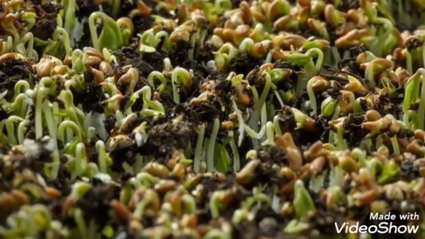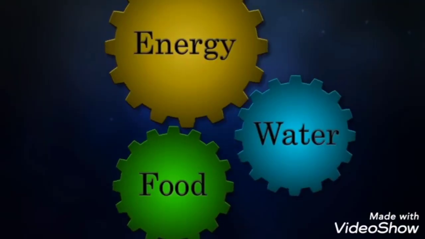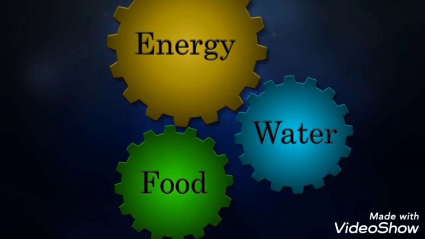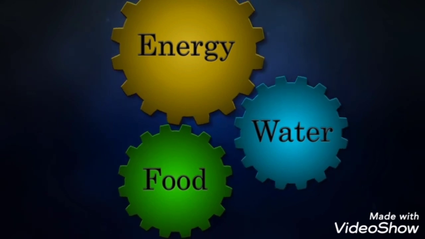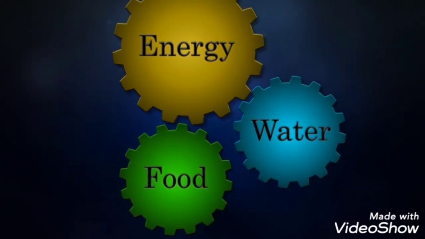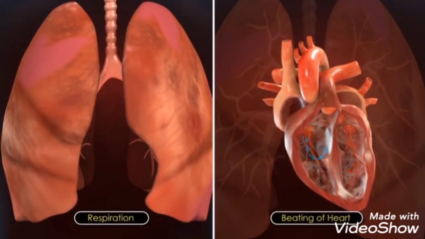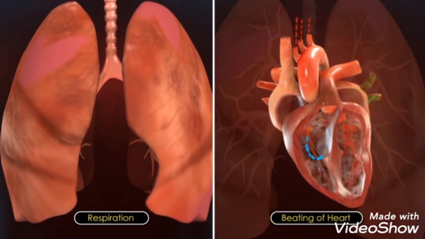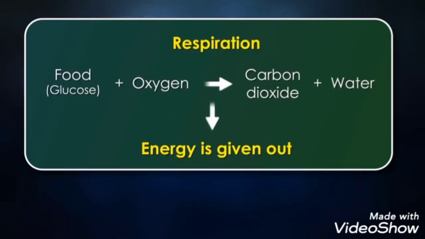Nutrition in plants. All organisms need energy for various processes of their life. We require energy even during sleep because a number of biological activities occur continuously in our body. For example, respiration and beating of the heart go on without any break. All these processes of living beings need a continuous flow of energy. Energy is released by the breakdown of food taken by the organisms.